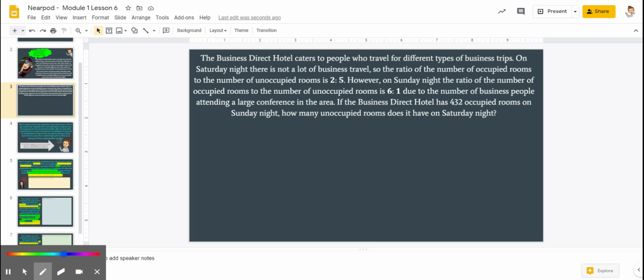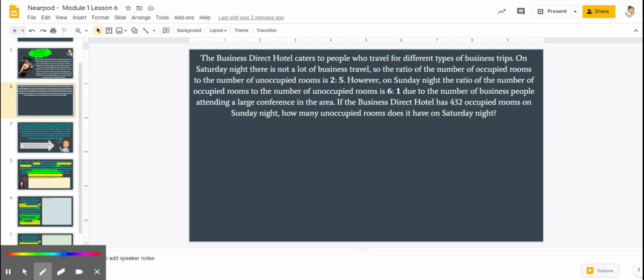The Business Direct Hotel caters to people who travel for different types of business trips. On Saturday night, there is not a lot of business travel, so the ratio of number of occupied rooms to the number of unoccupied rooms is 2 to 5. However, on Sunday night, the ratio of the number of occupied rooms to the number of unoccupied is 6 to 1 due to the number of business people attending a large conference in the area. If the Business Direct Hotel has 432 occupied rooms on Sunday night, how many unoccupied rooms does it have on